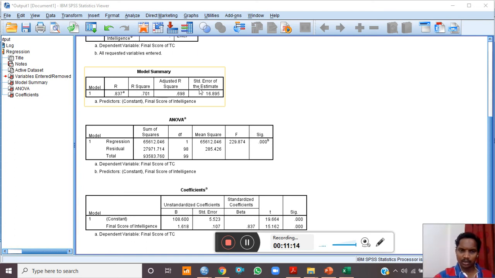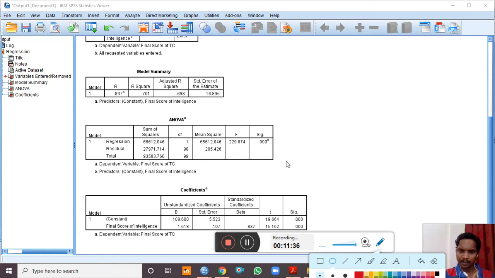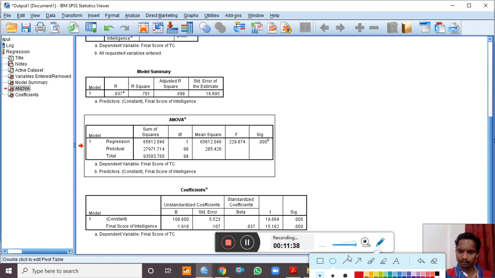It's not necessary to see other details, it's of course necessary, but for the time being I am skipping all those. Now the second table is ANOVA, from which we can see whether the result that we have seen is significant. You can see the regression first.